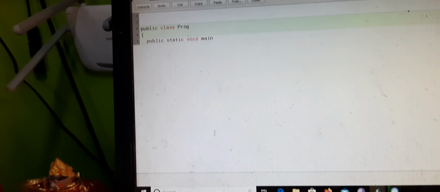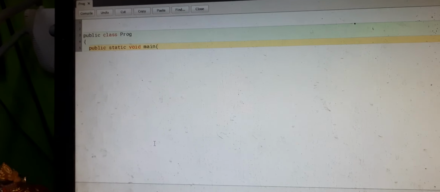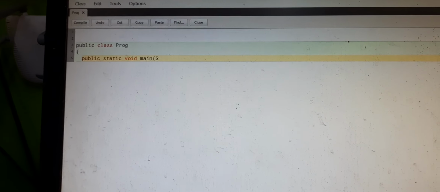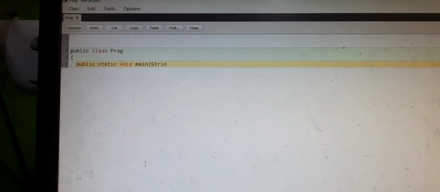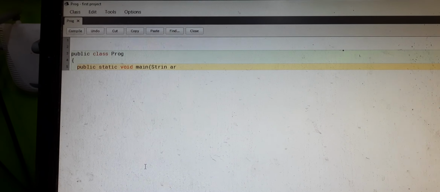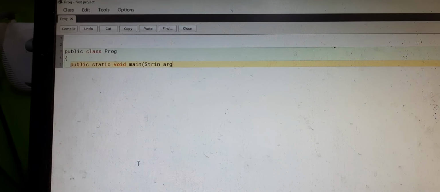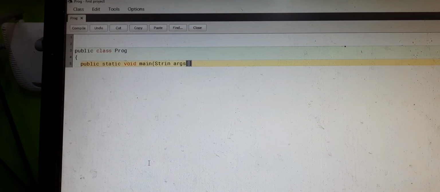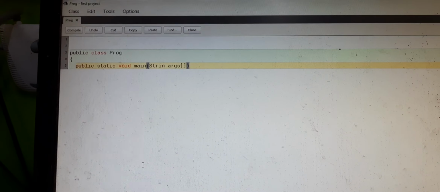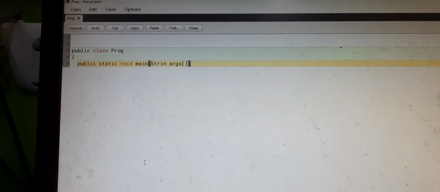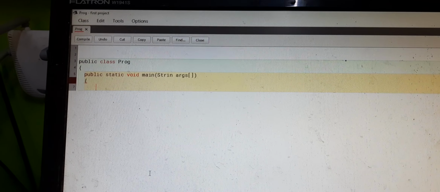Then give the opening bracket, then String, then args. Then close the bracket. After that we give another brace to open the main function.